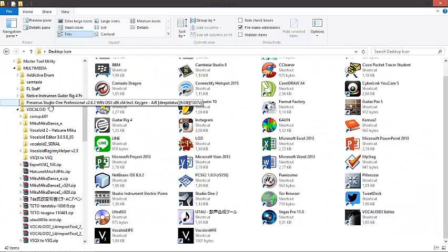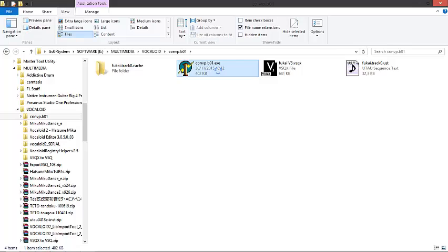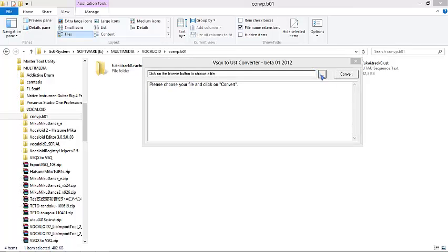You can download the VSQX VOCALOID 3 to USD converter in the description, and also the UTAU editor and the voice bank. UTAU is freeware and light, you know, but it's so much more difficult to use than VOCALOID, especially VOCALOID 4. It's the best, you know. So you don't believe that we can't convert VSQX VOCALOID 4 to USD? So let's try it. Open the converter, browse the VSQX VOCALOID 4 file,